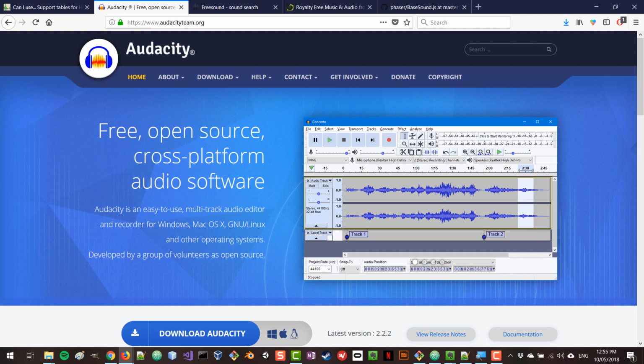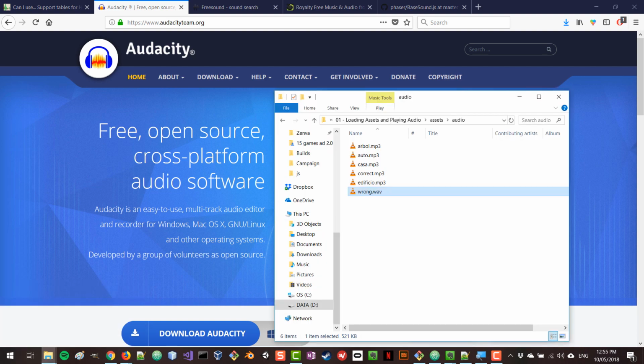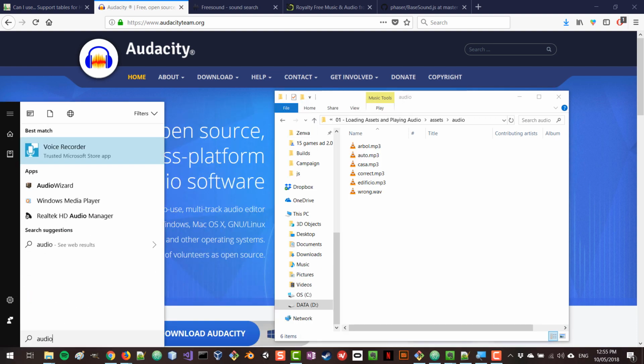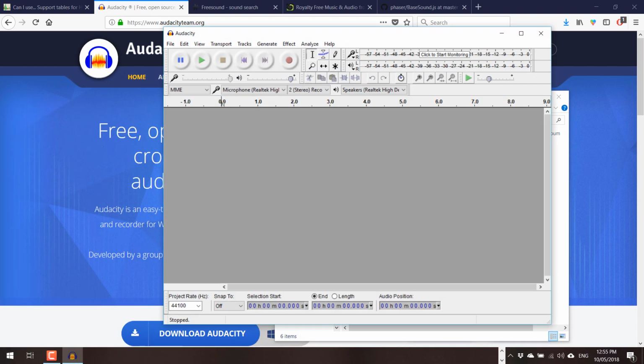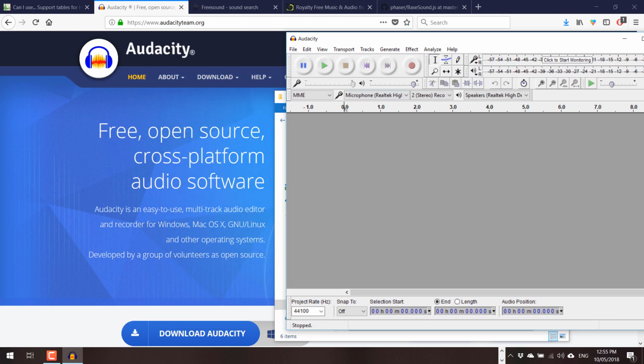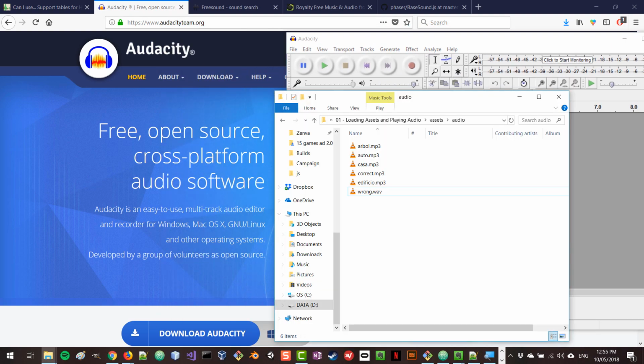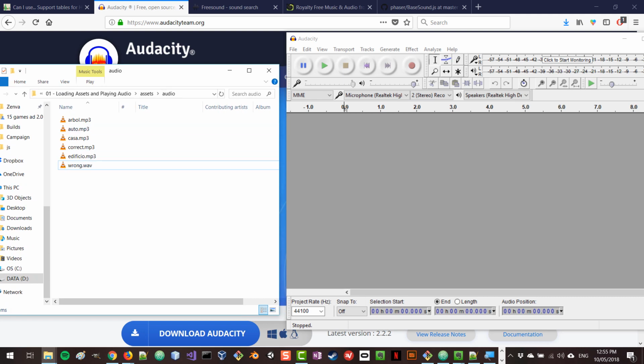Even just the simple things like changing the format of a file or reducing the frequency of a file can help you reduce the size of a file, or cutting extra things can be quite useful skills to have. So I'm going to show you how to do all of those things now. I'm going to load the Audacity program, and we are going to drag our wrong.wav file, because as you can see, the size of this file